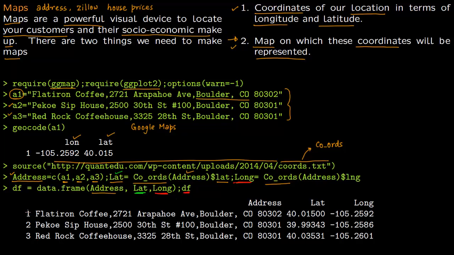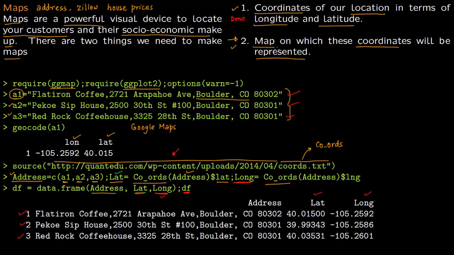So now we have this. We have the three addresses. This A1 comes right here, this A2 comes right here, this A3 comes right here, and along with it we get the latitude, and the longitude which comes from here. So you have a nice data frame. We did all the modification here so that we can get a nice data frame like this. Now, for the addresses, we have the coordinates. So step one is done.